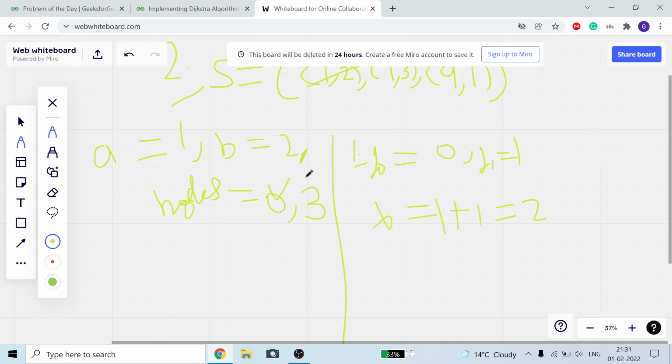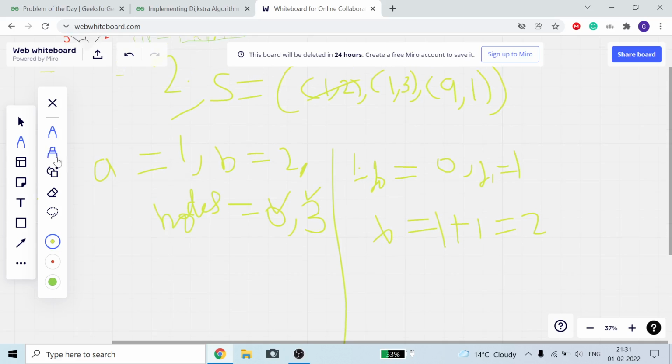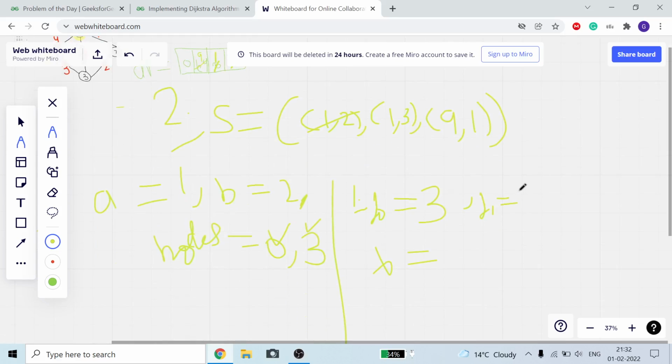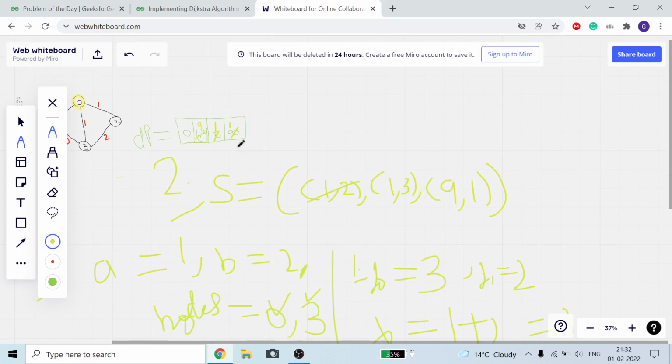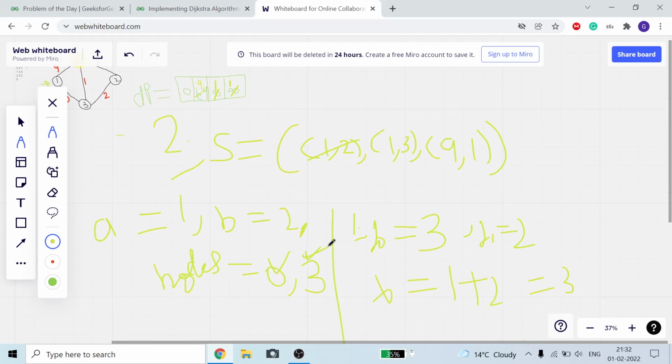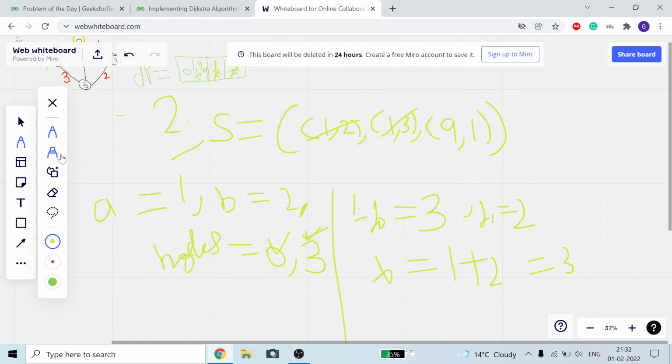Now we come at 3. Now I just erase it. Now our J0 is equal to 3 and the cost of 2 to 3 is equal to 2. Our A is equal to 1, so 1 plus 2 is equal to 3. It is equal to 3. So dp3 is equal to 1, so it will also pass out. So we have completed this. Now we will take this. So now what happens?